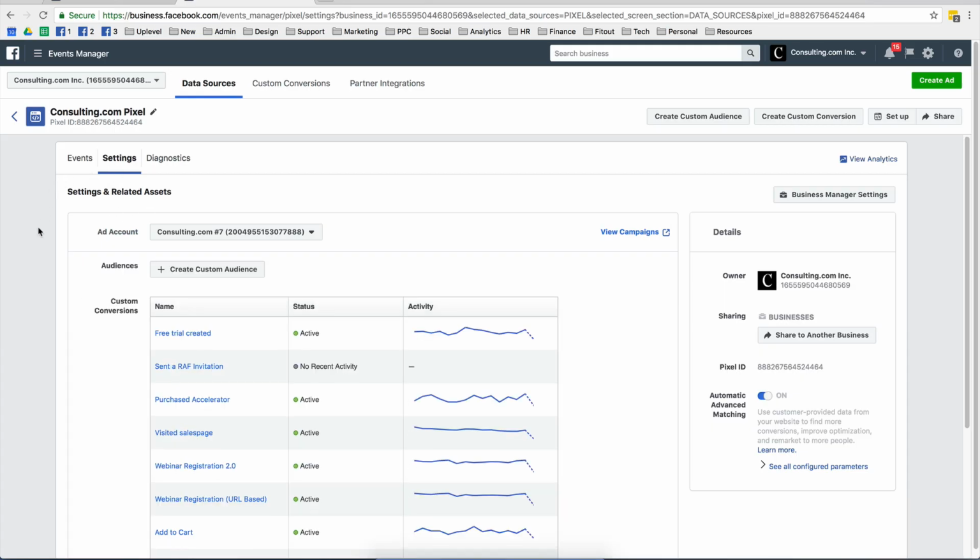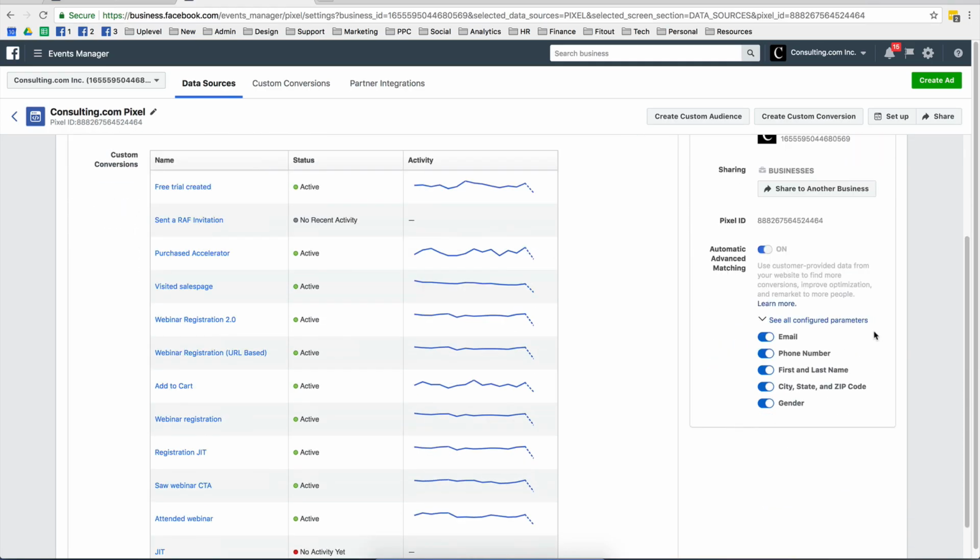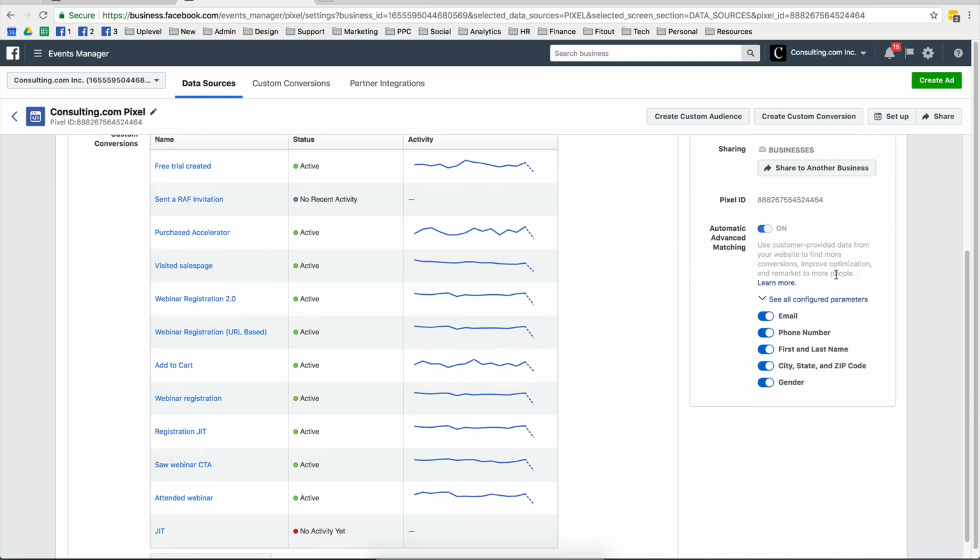and then over here on the right, you can see it says automatic advanced matching. Now yours will be off. Everyone's is off by default. Now do yourself a favor and turn this on. And then you want to see all configured parameters, and make sure all of these are on. And here it says use customer provided data from your website to find more conversions, improve optimization, and remarket to more people. That is basically a euphemism to mean